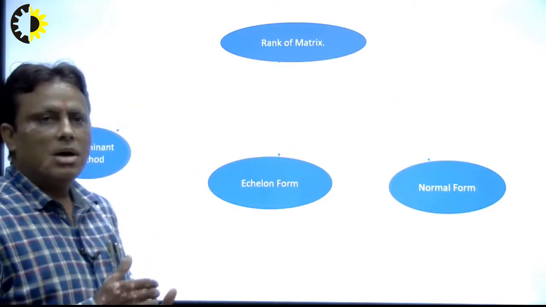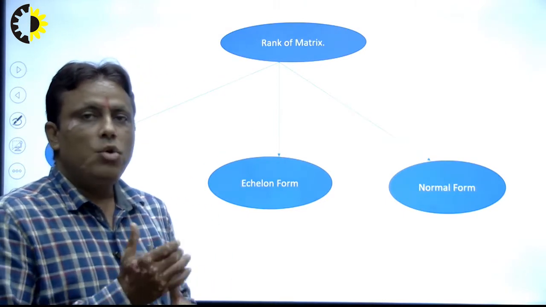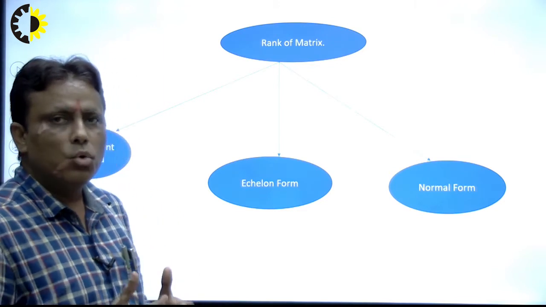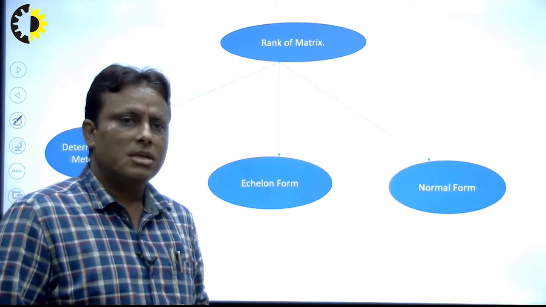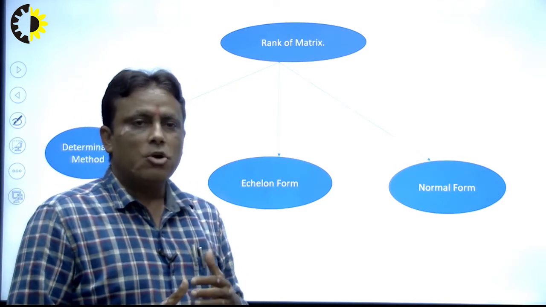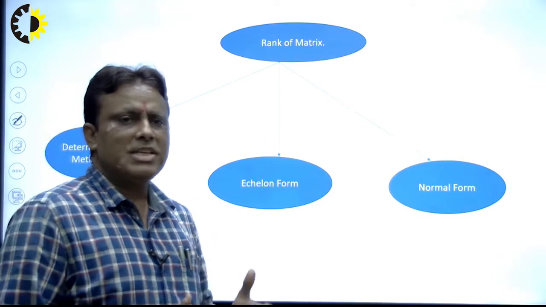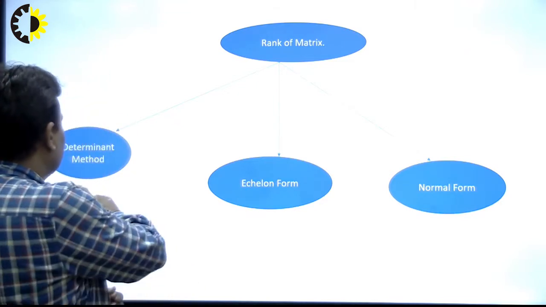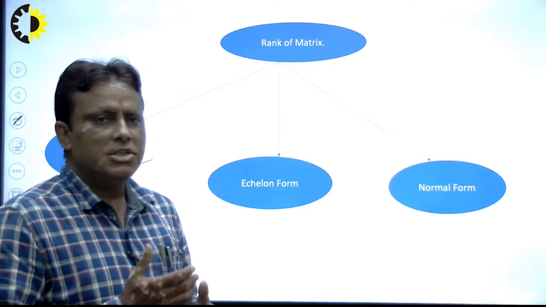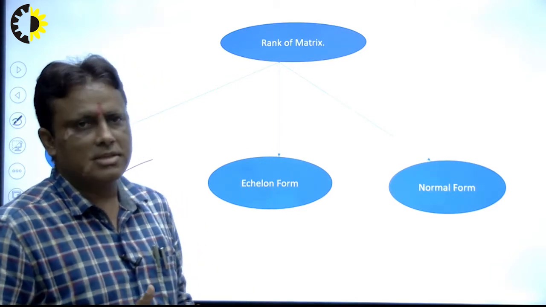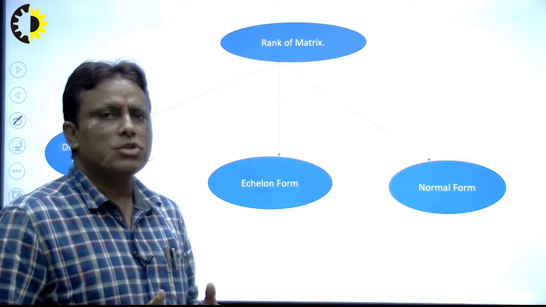Now first of all I recall for the students what the rank of the matrix is. A non-zero minor of order r, whose higher order minors are 0, is known as the rank of the matrix. Now the question is how to obtain the rank of the matrix. There are many methods. In the previous lecture I explained the determinant method, how to calculate a determinant. Students study how to calculate a determinant in the 12th standard, and in the previous lecture I explained briefly how to obtain the determinant of a square matrix.